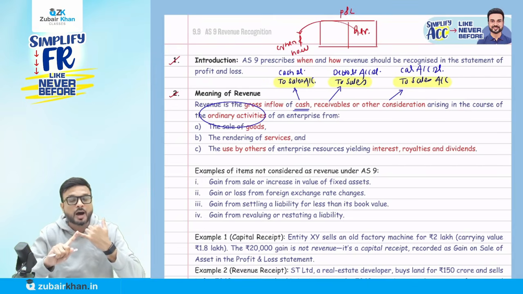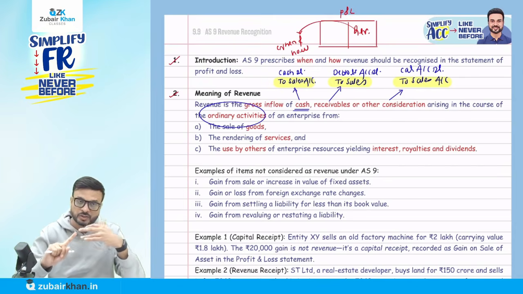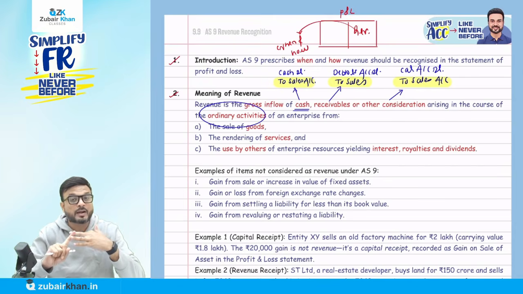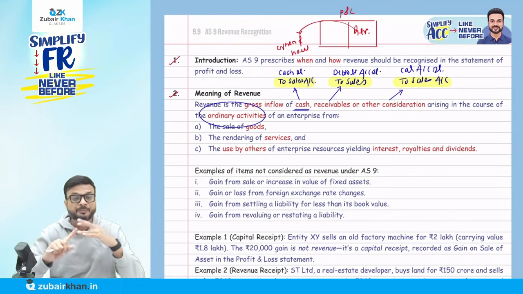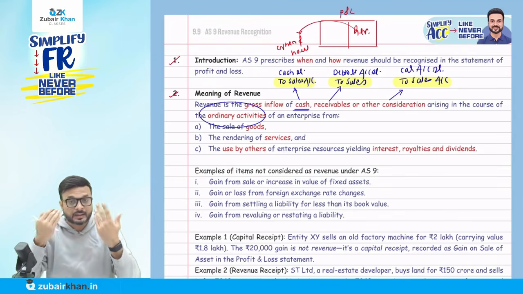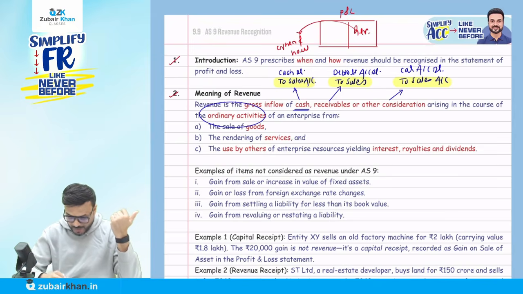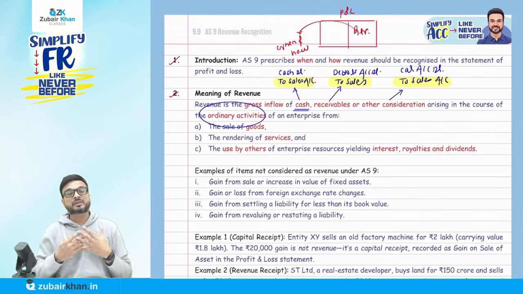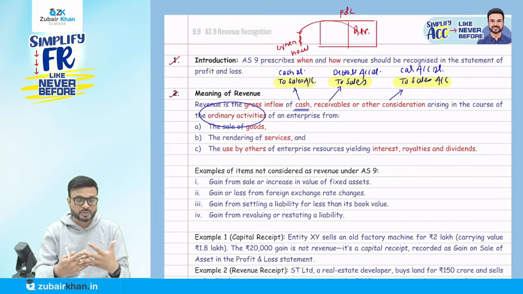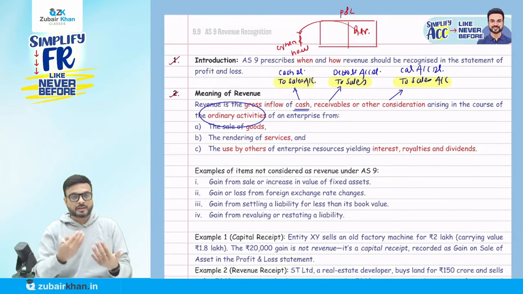Or it might be you're rendering services. Once you become a chartered accountant, you are going to provide what? Services: auditing service, consultancy service. And they say the use by others. Listen carefully. The use by others of enterprise resources yielding what? Interest, royalties, and dividend. It also covers it. Someone is using our resources, and for that we are going to get in return interest,